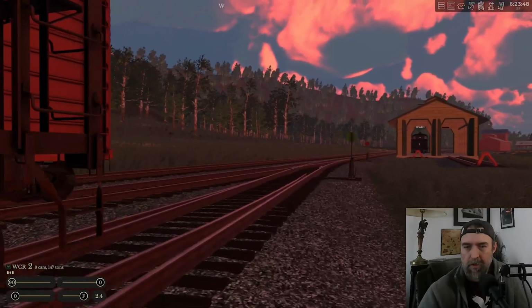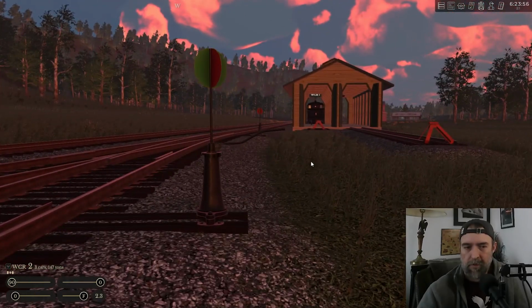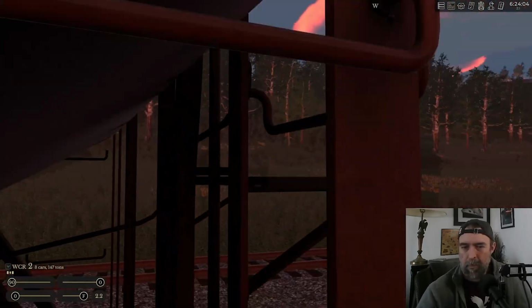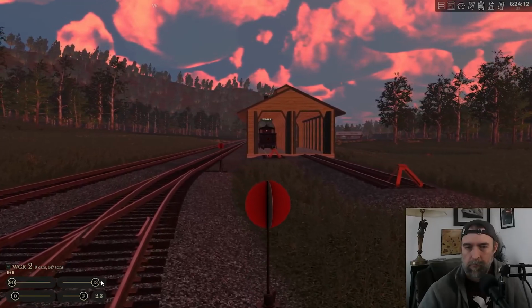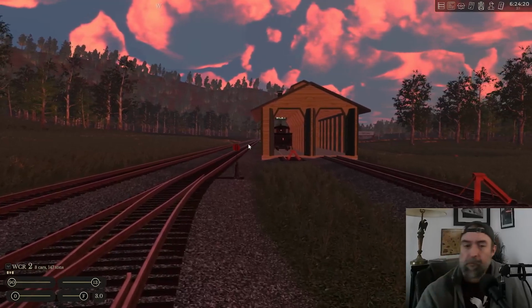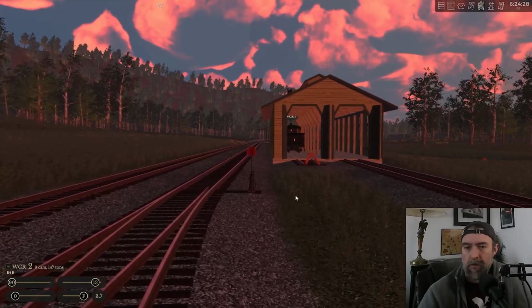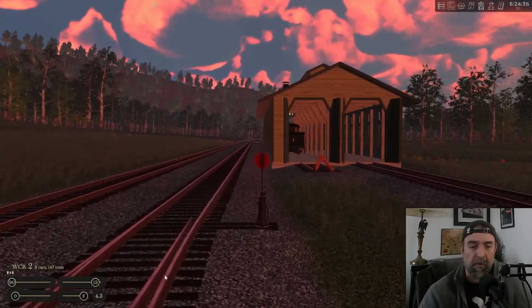All right, let's get down here and... Oh, our switch isn't lined. Never mind. Let's grab the switch real fast. There we go. Now we're good. Almost goofed up. Almost goofed up on that, but I remember having a superintendent tell me one time that you're not railroading unless you tear something up, so...